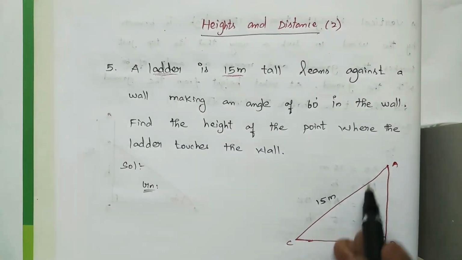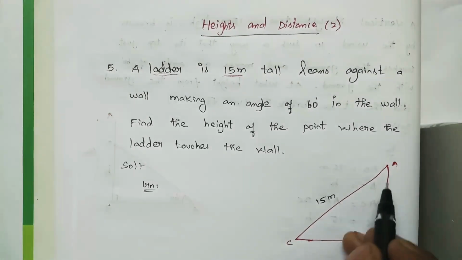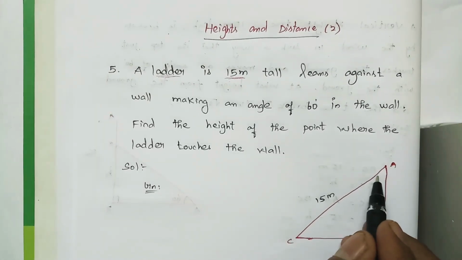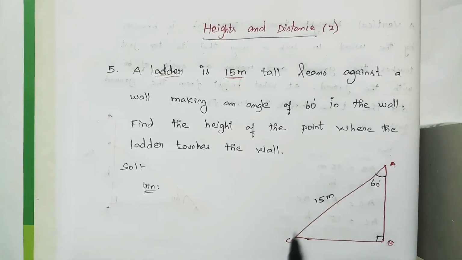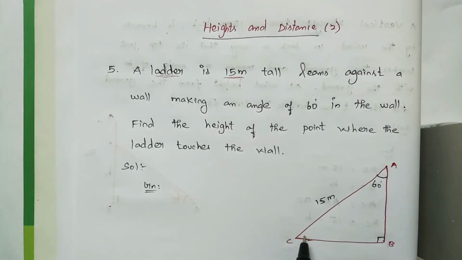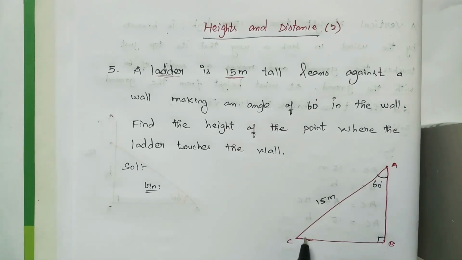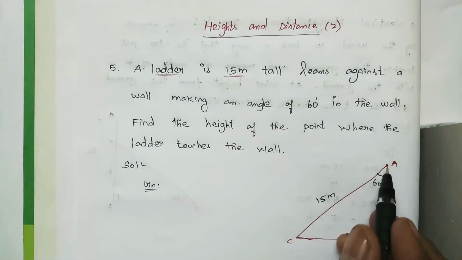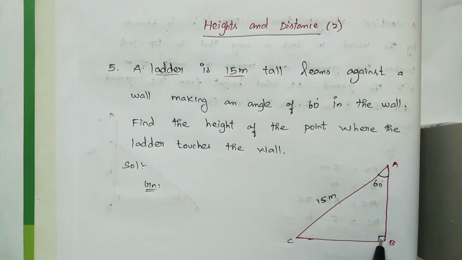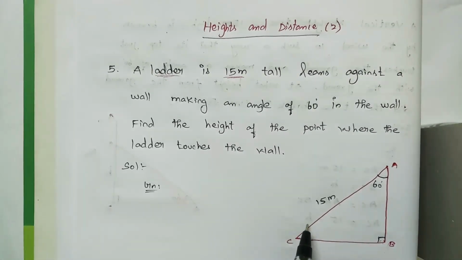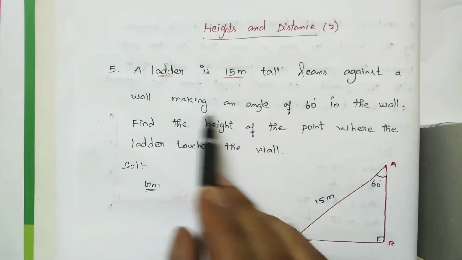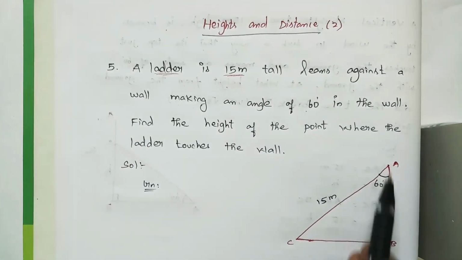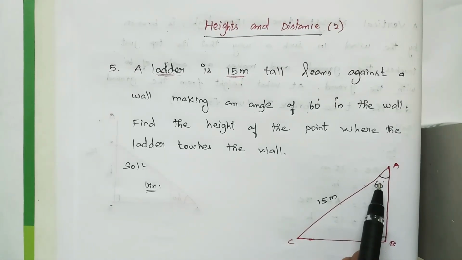This is the wall and this is the ladder. So where the angle is made, it's here only. So it's 60 degree. See, this is the ladder, right? And if I am marking the angle 60 degree at C, and this is the ladder and this is the ground, a ladder making angle with the ground means angle C is 60 degree. But what they are saying is a ladder making an angle of 60 degree with the wall, right? So here angle A is equal to 60 degree, right?